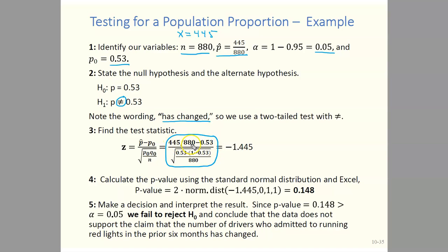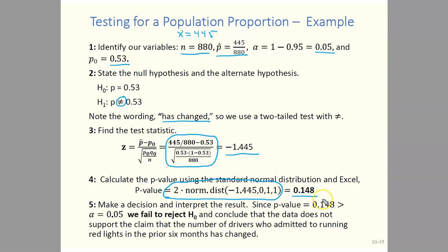Notice we take p hat, right here's p hat, minus p naught. Divide that by the square root of 0.53 times 1 minus 0.53 over 880. If you calculate this using Excel or a calculator, you'll find that you get negative 1.445. Now we can use this to calculate our p-value. And our p-value, well, if you type this into Excel right here, this is the command that you would use. Recall the previous slide that we had looked at. This is our command for the p-value for a two-tailed test. If you evaluate this, you'll find that you get